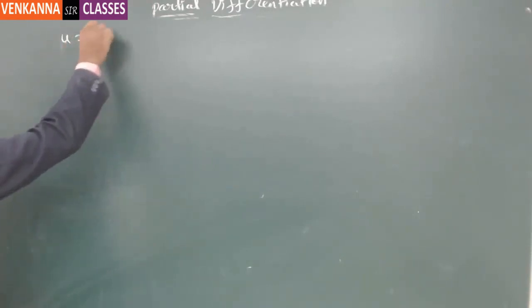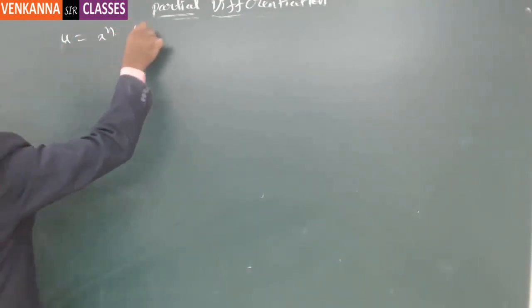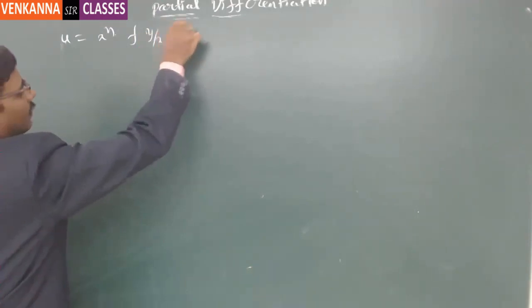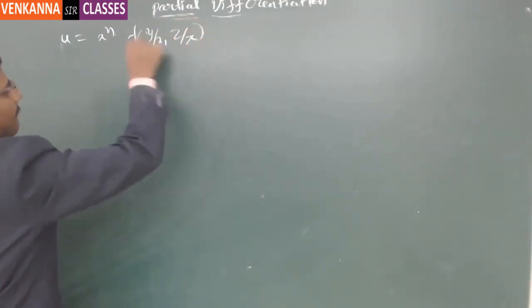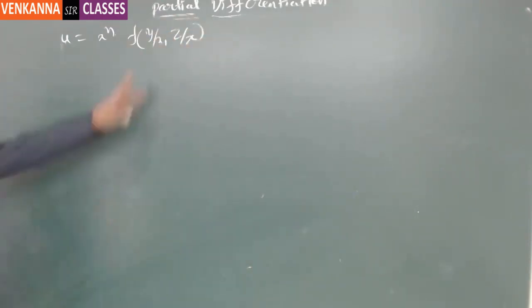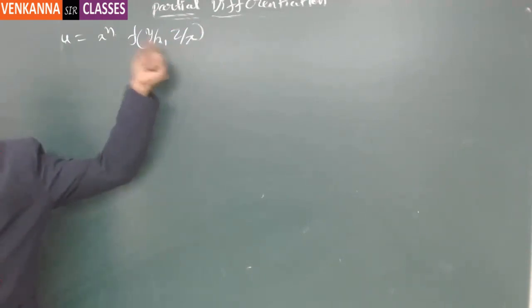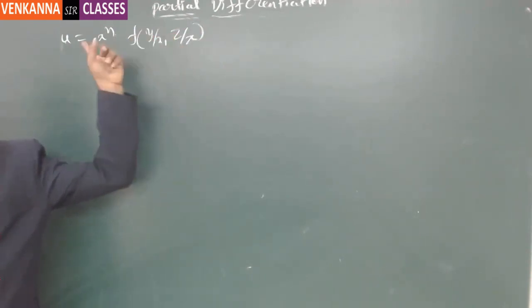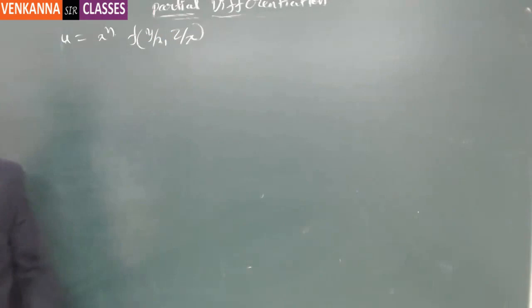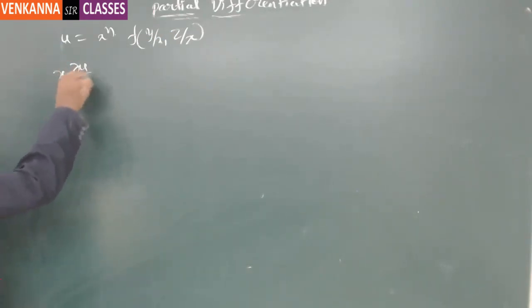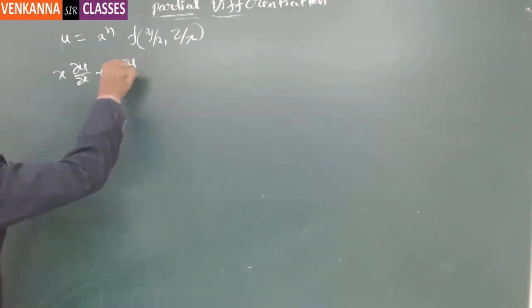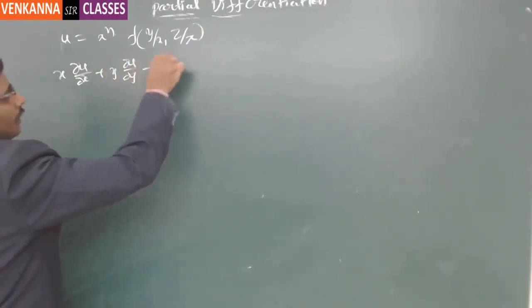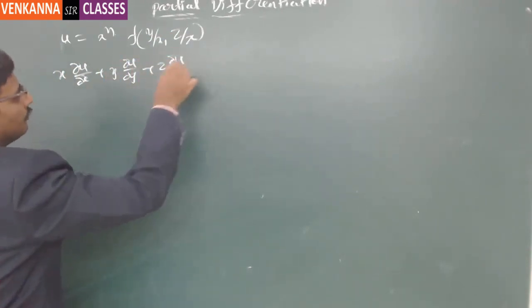Suppose u can be treated as x^n f(y/x, z/x). Here the denominator is always x with each variable, and x^n is taken out. For this kind of function, the homogeneous principle is x ∂u/∂x + y ∂u/∂y + z ∂u/∂z,